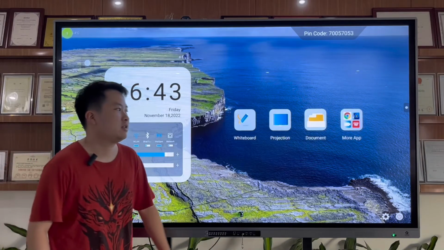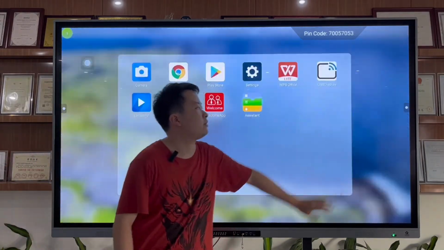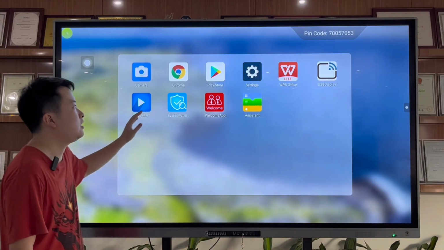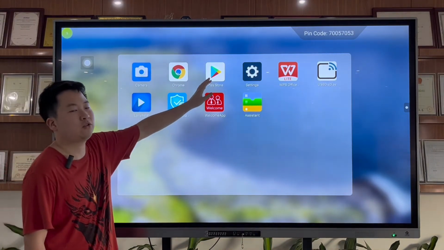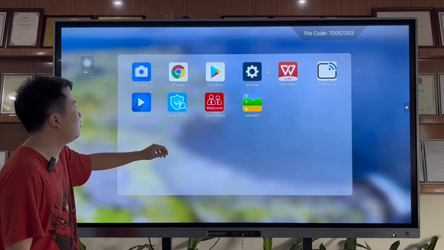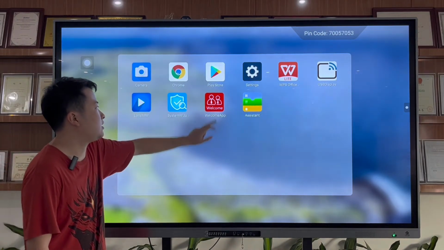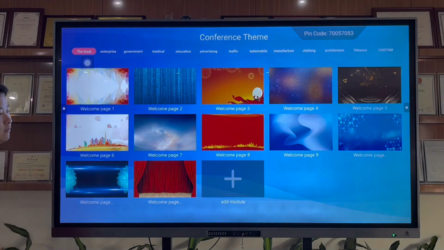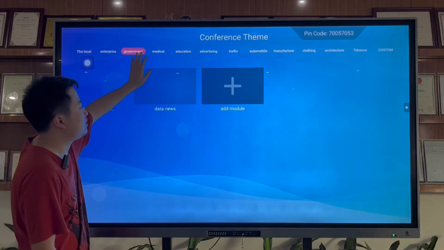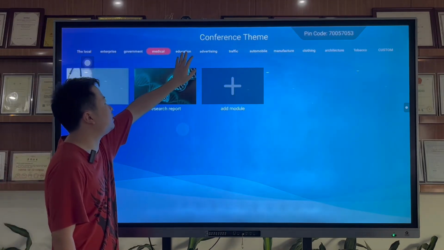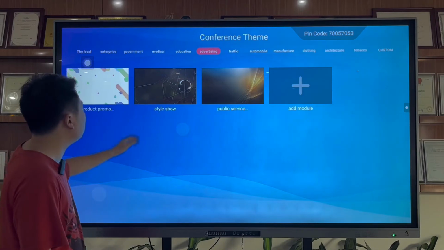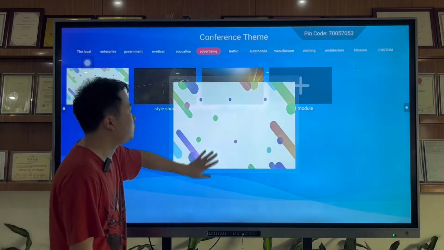And we can also see that there are more apps. You can see that there are initially some apps here, but you can access the Play Store and download whatever app you like. We also have Chrome. Some apps come in store with our interactive panel, such as this welcome page. You can see that you can select a page you like, and maybe you want to display some information on the front door. You can use this